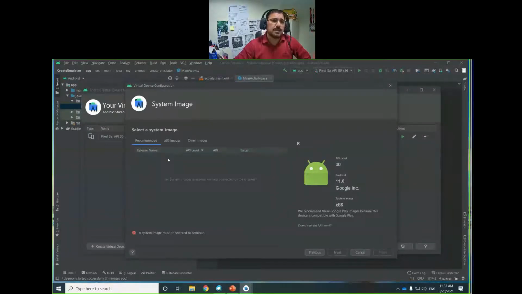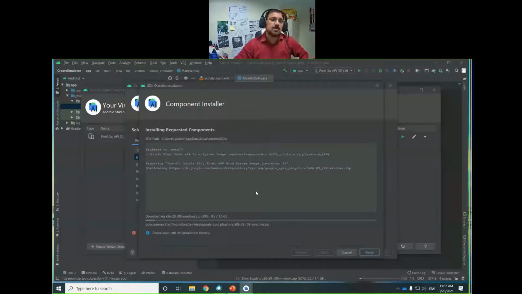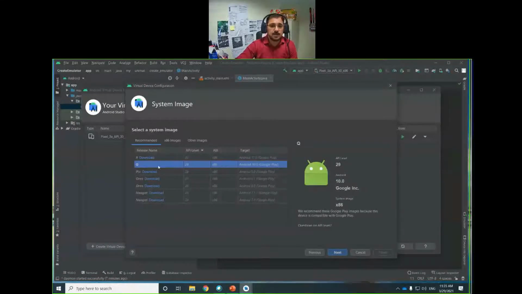This one I have already installed, which is why it was not clickable. If I want the next one, let's suppose I click this one, it will be downloaded. It needs internet again, and it's quite big, 1.1 GB. We have already downloaded this system image.